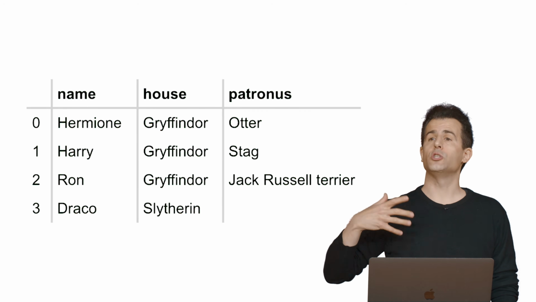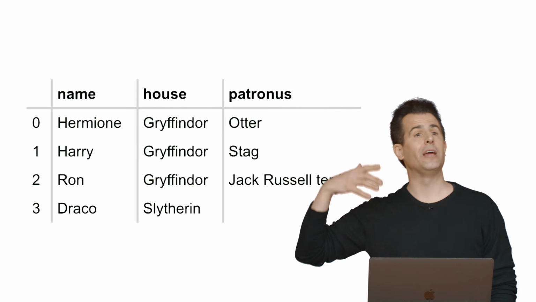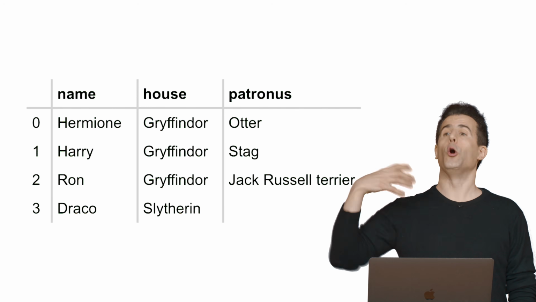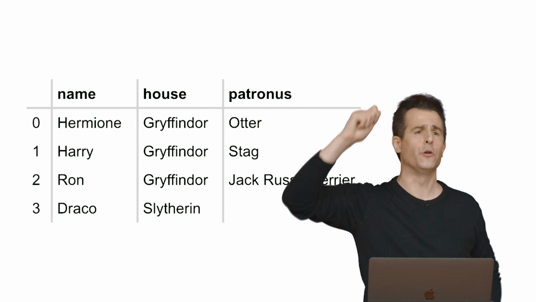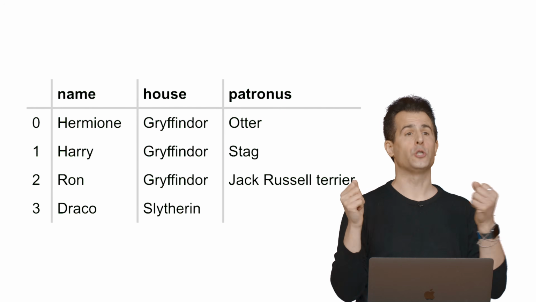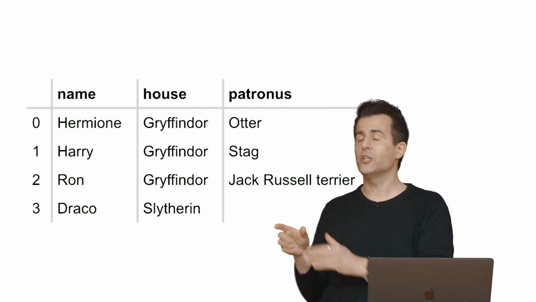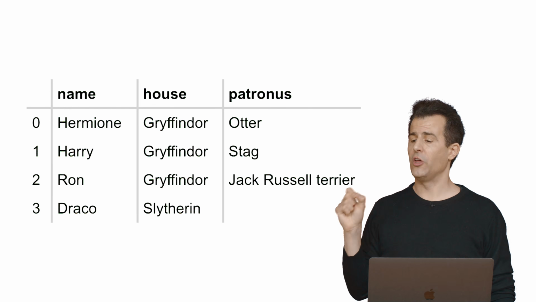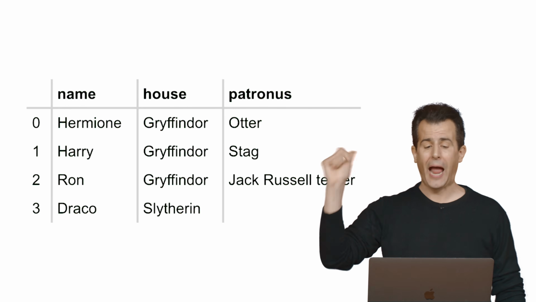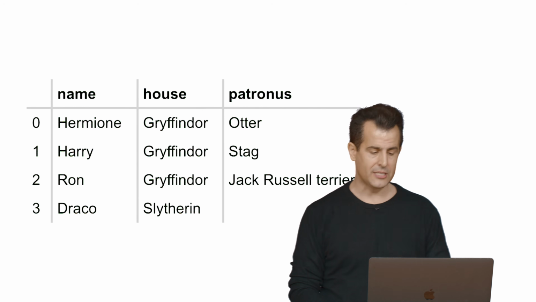For the sake of discussion, suppose that every student at Hogwarts, of course, has a name. They have already a house, but they also have a Patronus. For those unfamiliar, this is the animal or entity that comes out of the end of their wand when they make a certain magical spell. The point here being is that we want to associate not just one thing with the student, but multiple things as well. Their name, their house, and their Patronus in this case. Well, what might code like this look like?